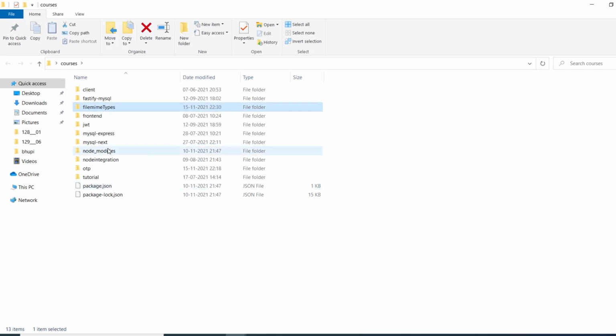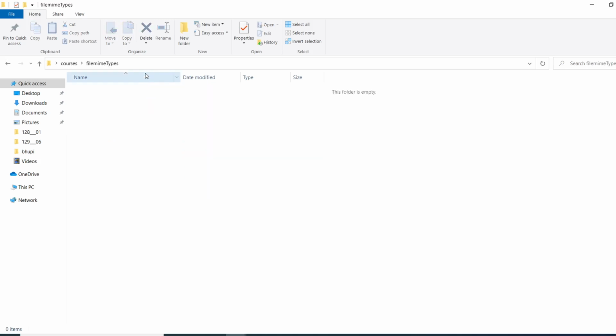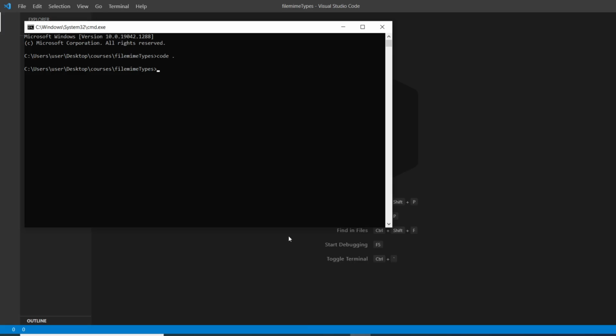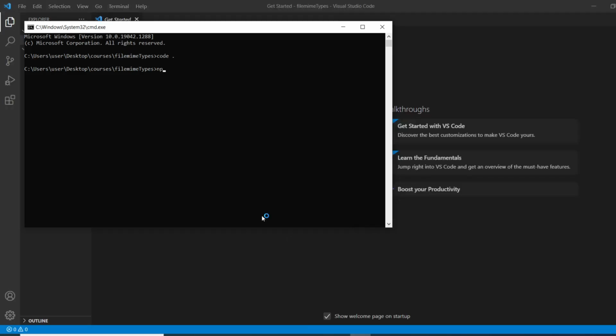I'll open it, and then I'll write cmd to open my command prompt. Here I'll first open Visual Studio Code. Okay, Visual Studio Code has opened, and then I'll also type npm init, which will skip all the manual steps.